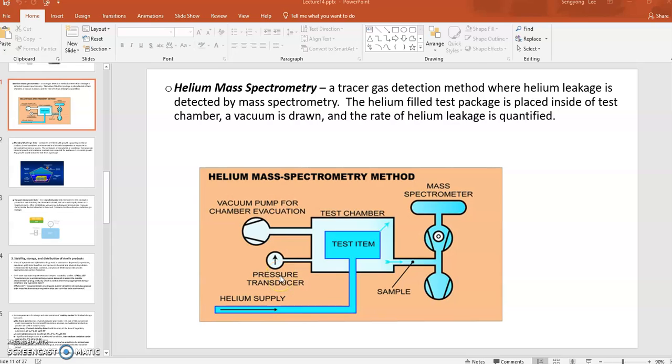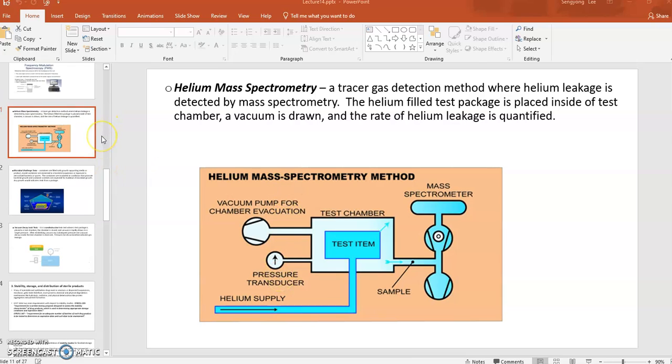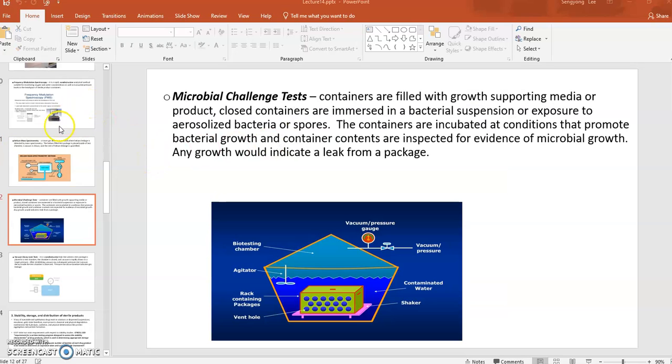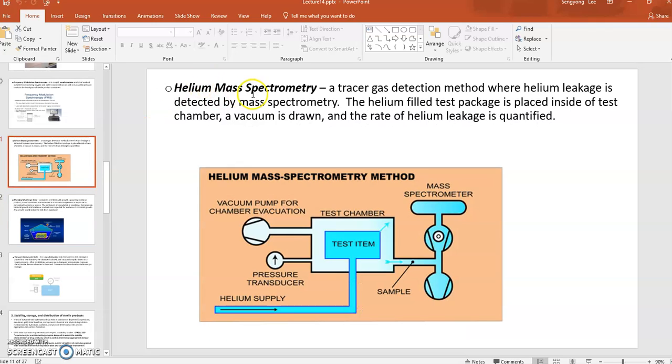Okay, we'll continue our discussion on the packaging integrity testing methods of different kinds. So another method we're going to talk about is called a helium mass